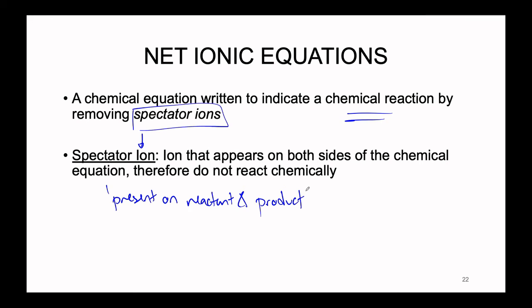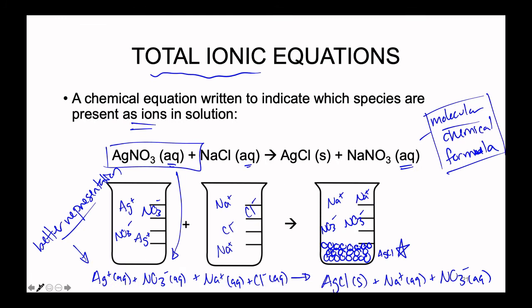So if we go back to our total ionic equation, and I'm going to change colors back again for clarity here. Red. Perfect. Okay, so we're going to pick out which ions are present in an explicit ionic aqueous form on both the left and the right-hand side. Well, sodium on the product side is listed as sodium plus, as well as it was found in this aqueous plus form on the left. Sure enough, in the equation itself, we see sodium plus aqueous on the left and sodium plus aqueous on the right. These we would call spectator ions,